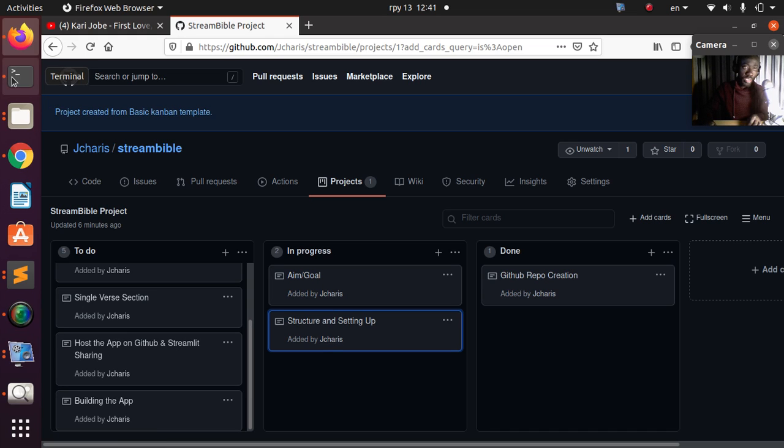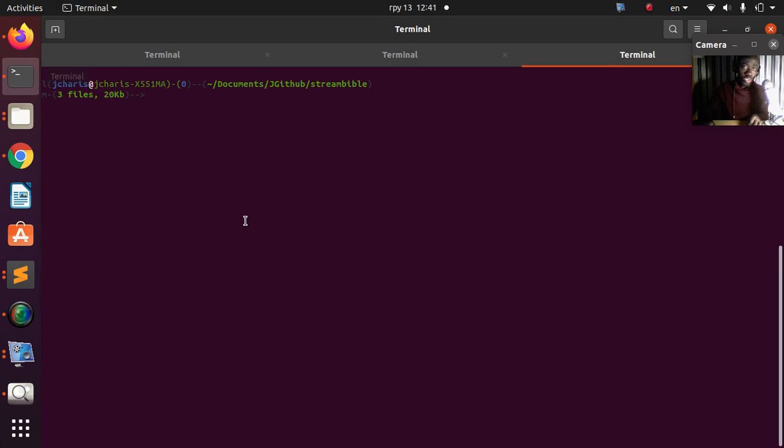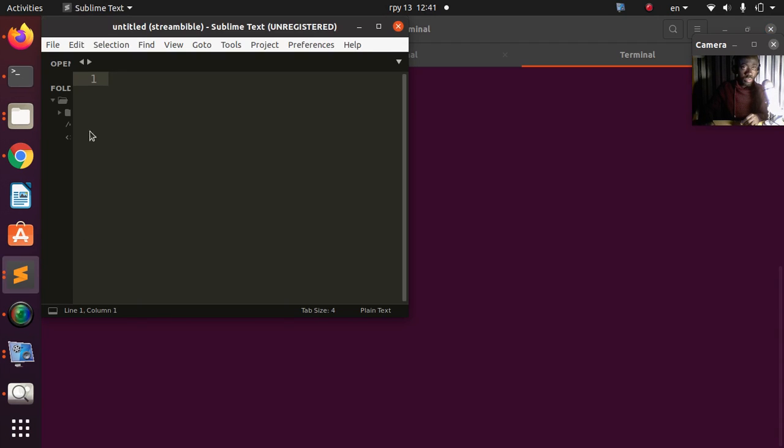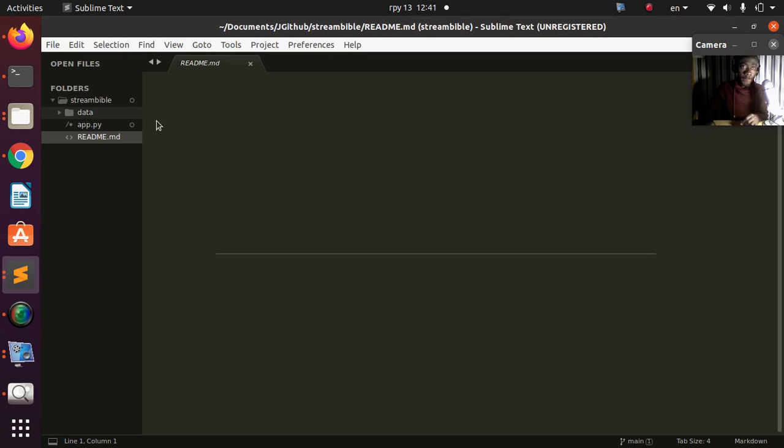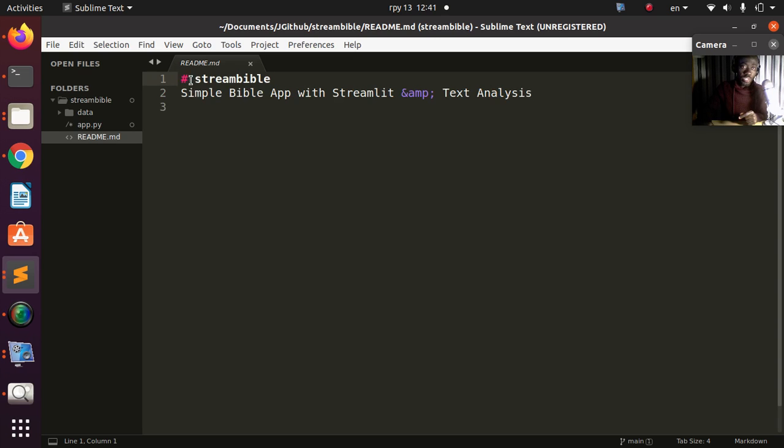So I'll come back to my location, which you have already opened here. We already saw this one, right? We're able to see this one. So we have already opened it with Sublime. Right, everything is there. So let's specify the aim of this particular app. So I'll make it bigger. So this is going to be the one that we got from the GitHub repository, right? It's becoming slow, but apologies for that. It looks like there's nothing here, right? So this is it. So let's specify the aim